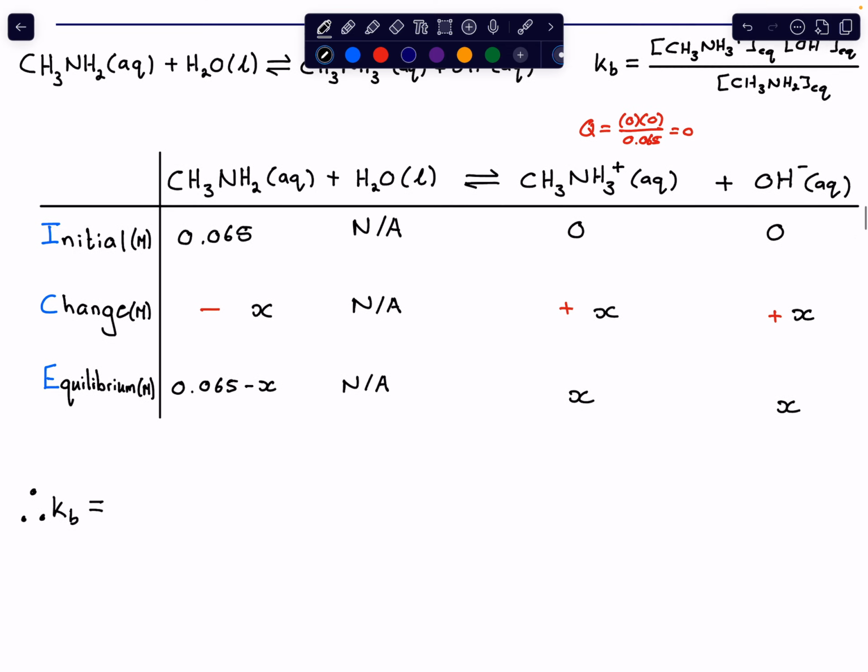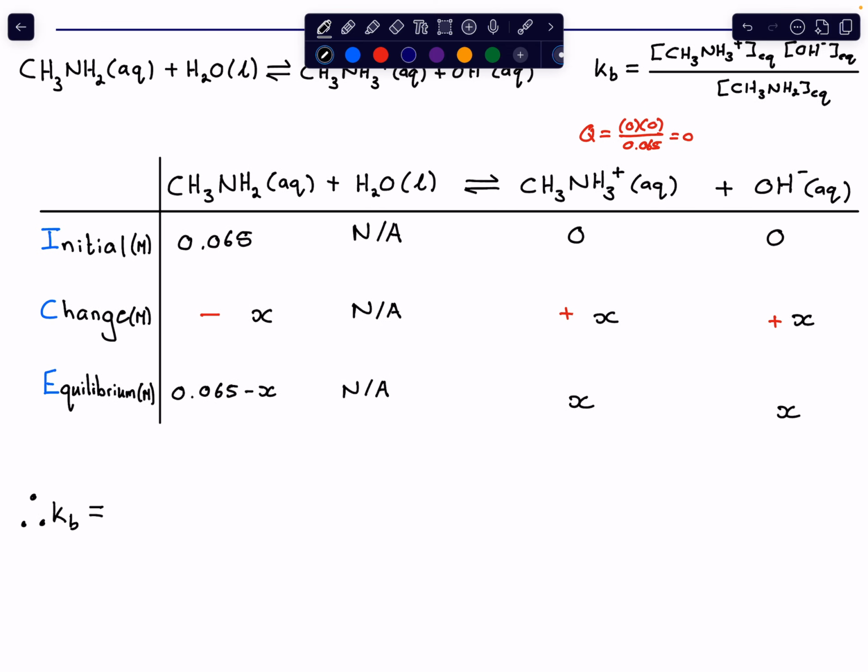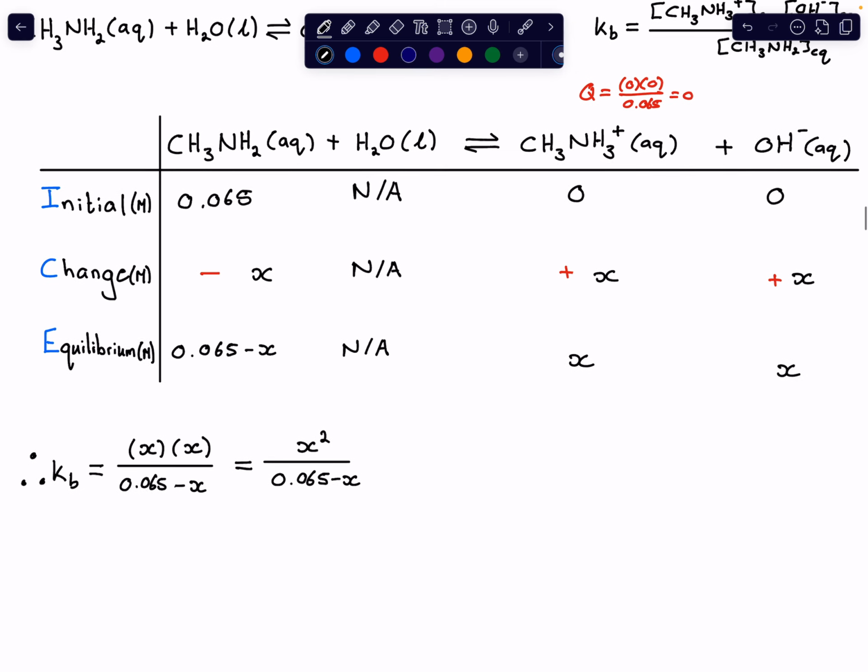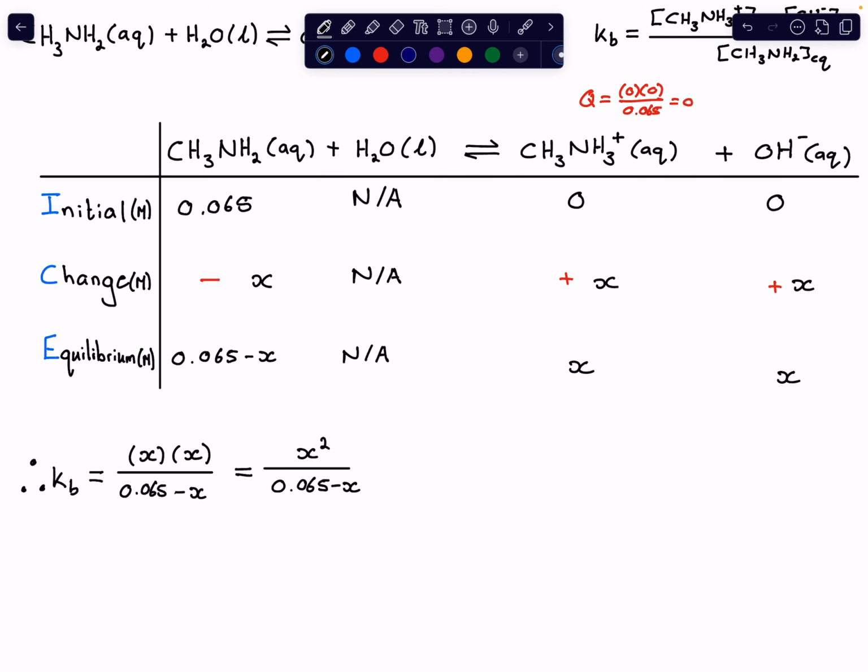And if we plug in these expressions that we have, it means that it will be X multiplied with X divided by 0.065 minus X. And we can simplify this to X squared divided by 0.065 minus X. Right, we want to calculate the value of Kb, so we need to find a way to determine